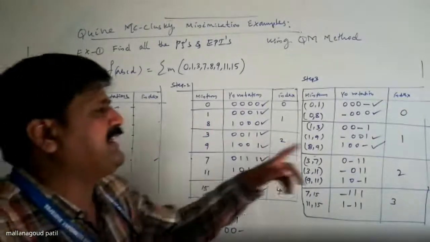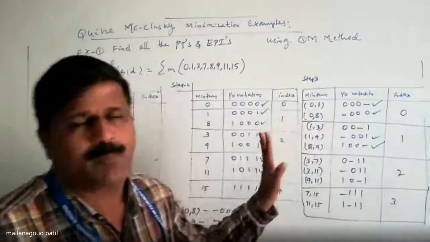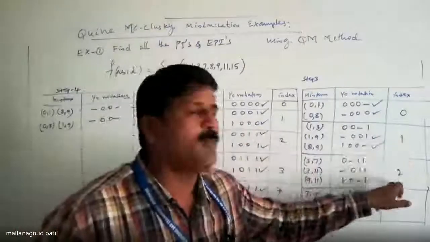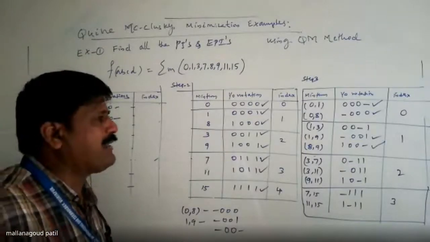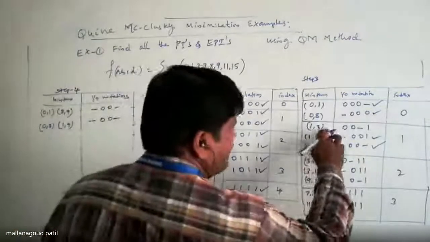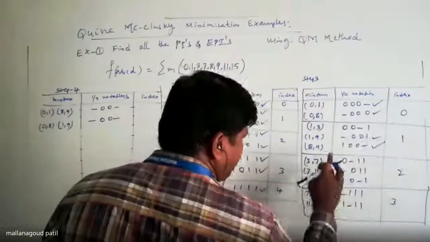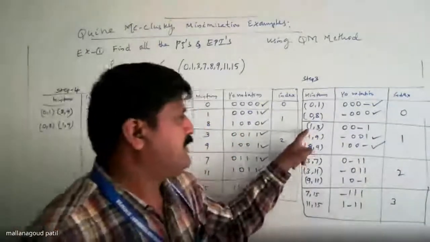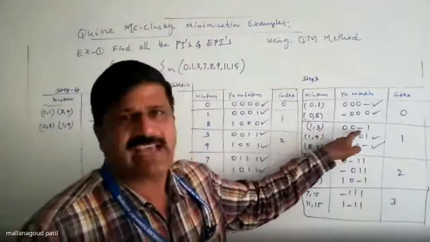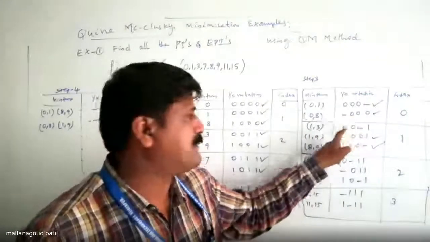Which one is left in index 1? 1, 3. No problem. Keep as it is. For comparing 1 and 2, possible or not, you have to cross check. It's okay. Now what I want to do, the first minterm in index 1 will be compared with the first minterm in index 2. Possible or not, you can check it here. 1, 3. Where do you have a dash? Which bit do you have a dash? First bit, second bit or third bit?